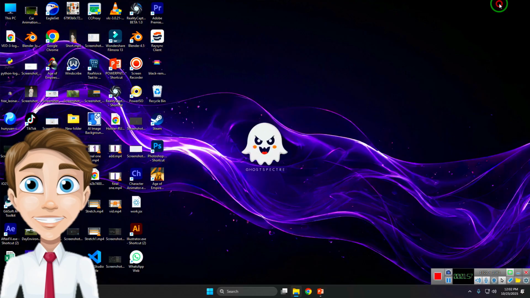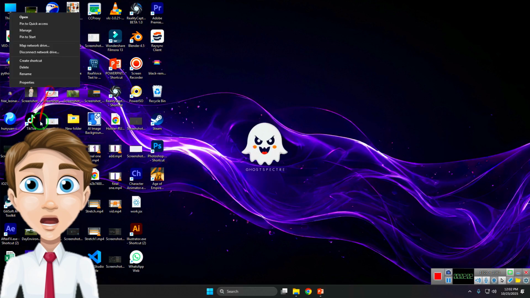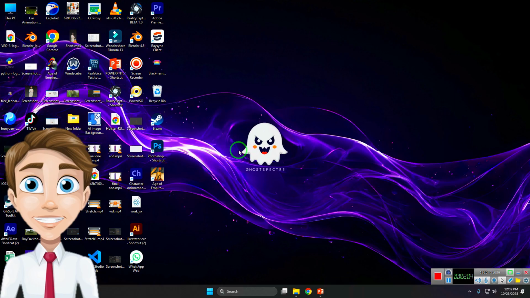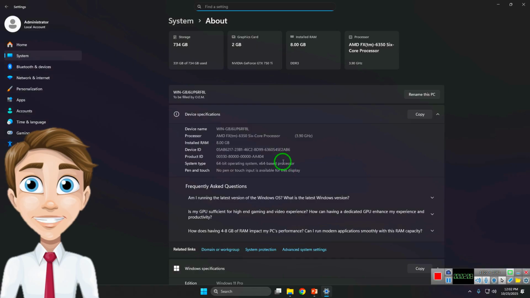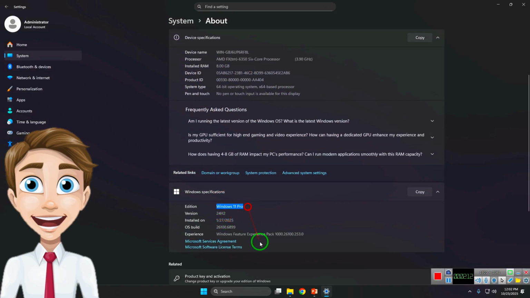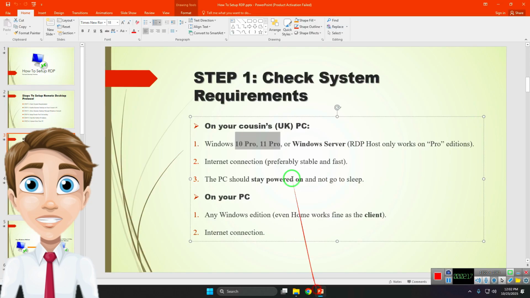Simply right click your computer and go to properties. In properties, you will see the Windows version. Like that, I have Windows 11 Pro, so I can be host. Okay, next step,